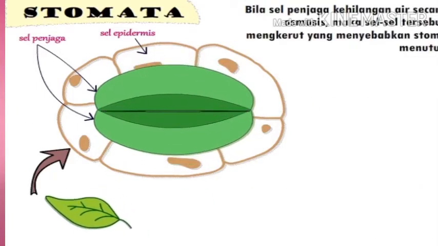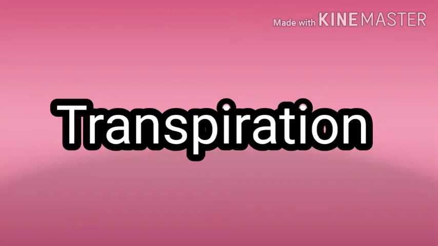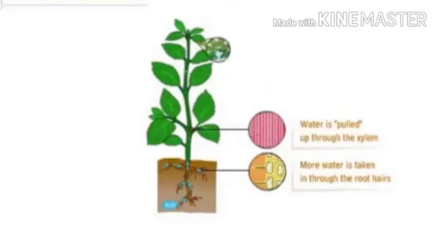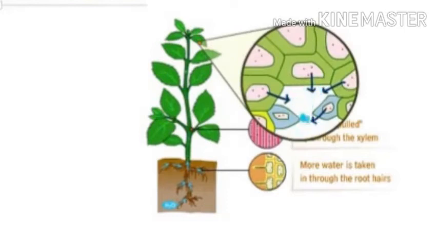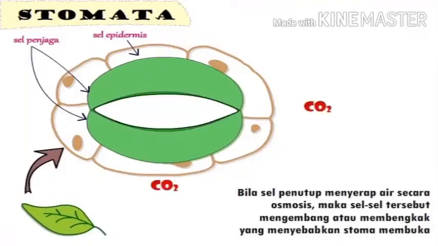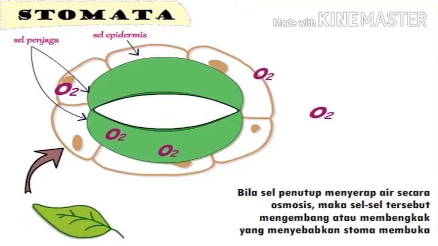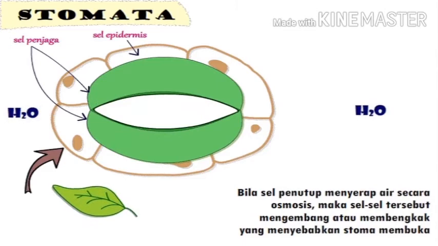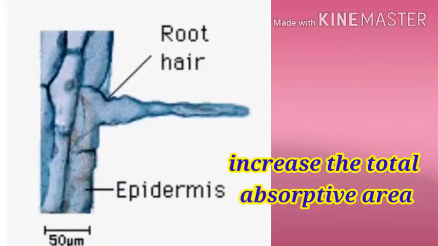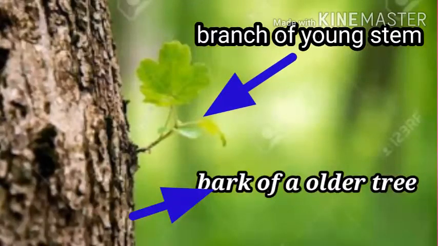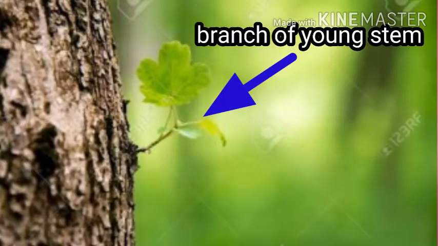So what is transpiration? It is a process in which the functional part loses excess water in the form of water vapor. It is carried out by the stomata by closing and opening. But in the roots of the plant, where the main function is absorption of water, these epidermal cells commonly bear long hair-like parts that greatly increase the total absorptive surface area. Well, now tell me one thing, is the outer layer of the branch of a tree different from the outer layer of a young stem? Of course, yes.